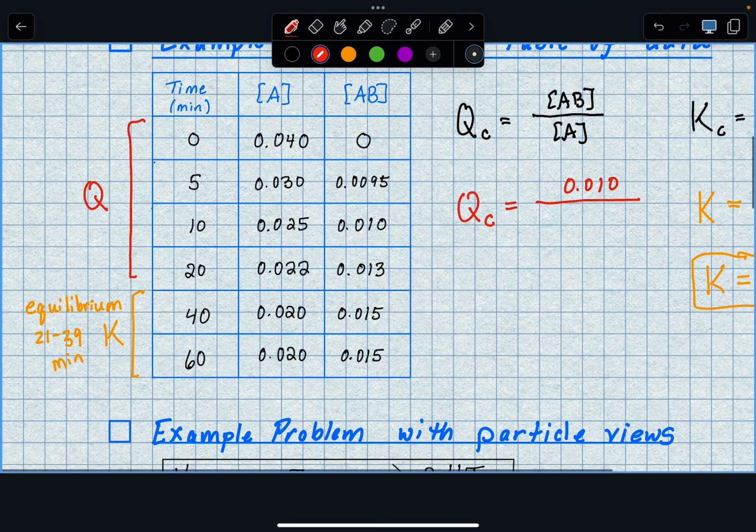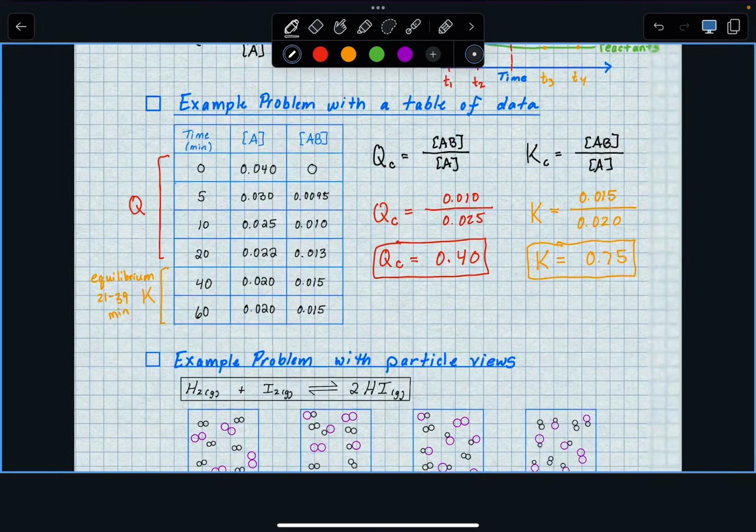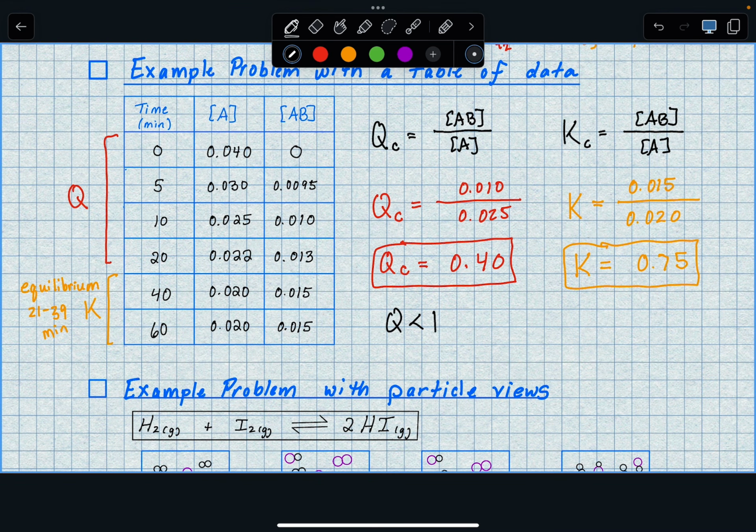So we're going to use the 0.010 and the 0.025. I'll highlight where I'm at here. So I'm using this at 10 minutes. And what we'll get is that the Qc here, versus the K, will equal 0.40. And so what you'll say later on, if not even now, is that Q is less than K. So we need more products. Now another way to say that, more products to reach equilibrium,